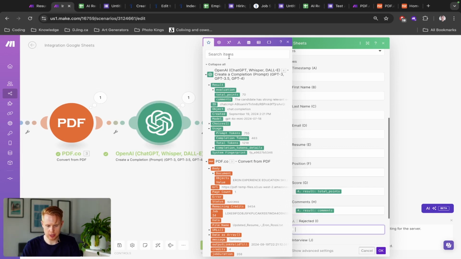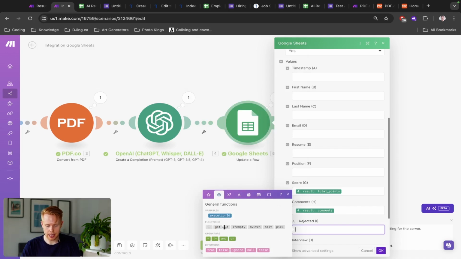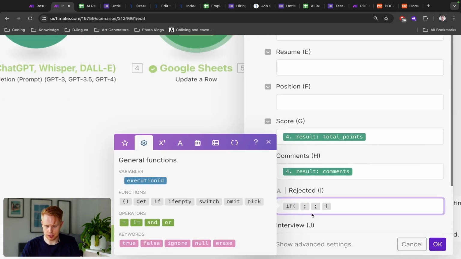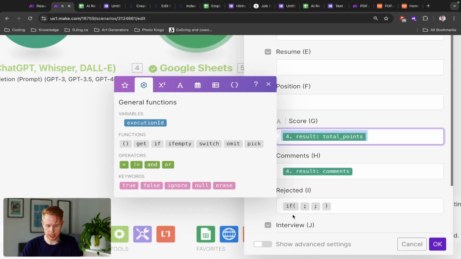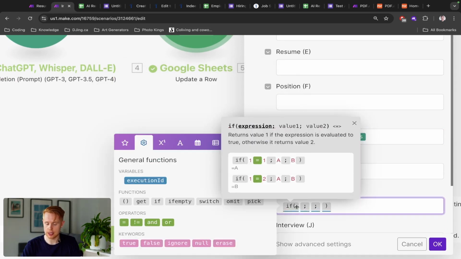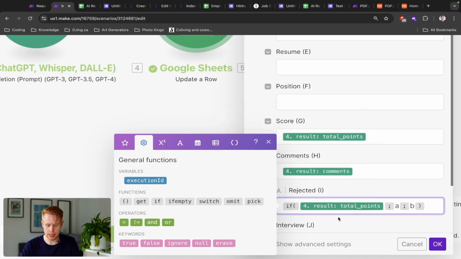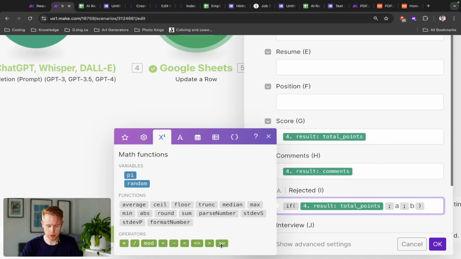And then the rejected field is going to be subjective to whatever you want it to be. But how we can set this up is by using an if statement here, okay? And with this if statement, we want to take the points. So there's 3 parts to the if statement. First is the condition that needs to be met. And then if the condition is met, say 1 equals 2, if it's true, it goes down path A. If it's false, it goes down path B. Because this is false, it would go down path B. But if 1 equals 1, it would go down path A here. So the condition that we want is the total points, right, greater than or equal to